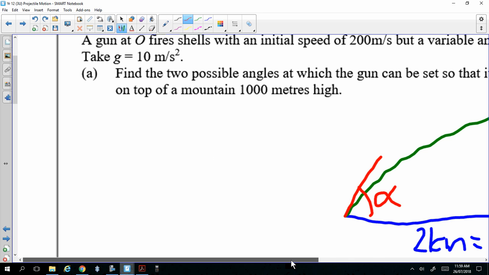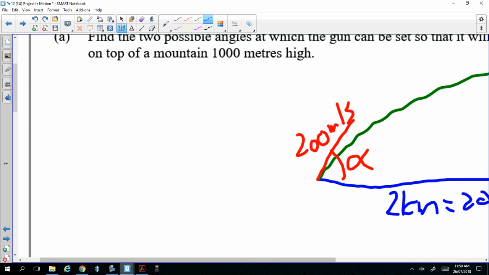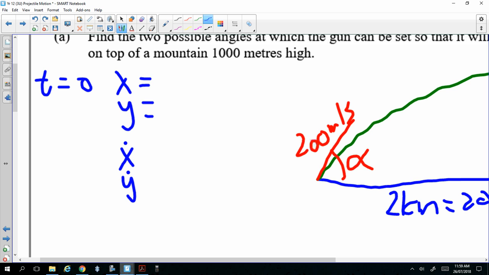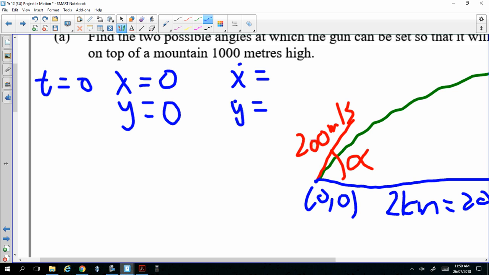Okay, so the initial speed is 200 meters per second. And like before, we have to work out the initial values of x and y, as well as x dot and y dot. That will help us to find the constants. So what you do is, it starts off at 0, 0, right? And then you have to find x dot and y dot, and to do that, you just draw a